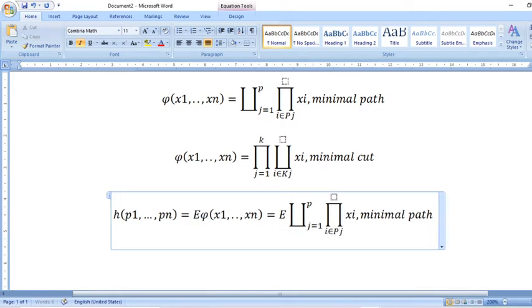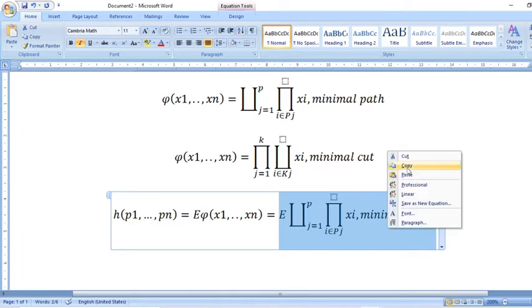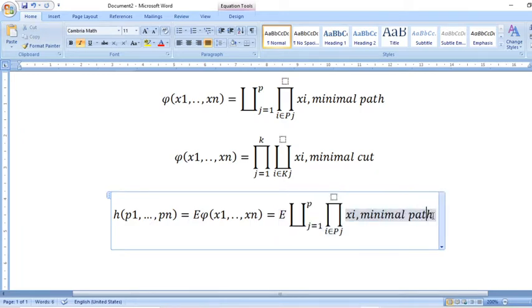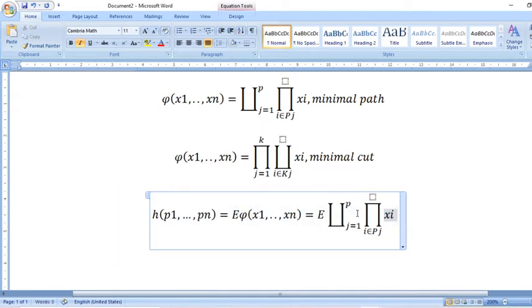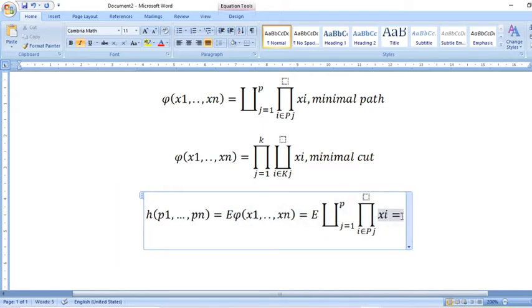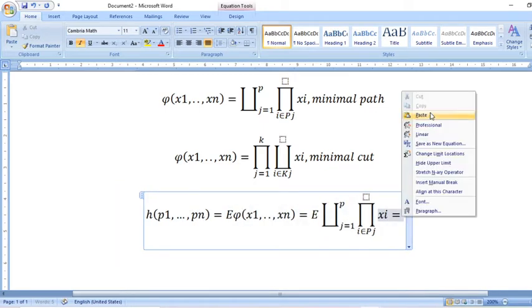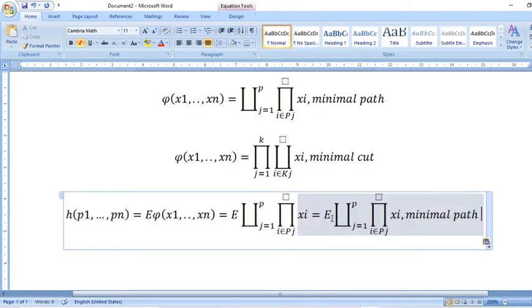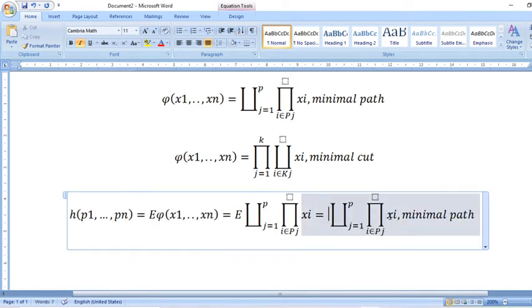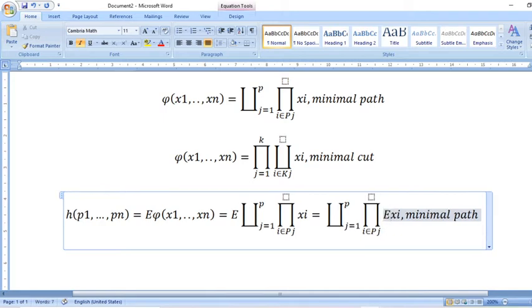That means we can take the expectation inside, so we can write like this. Since the x's are independent, this is actually